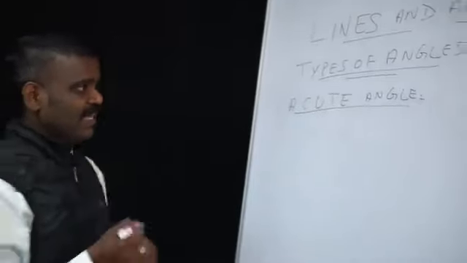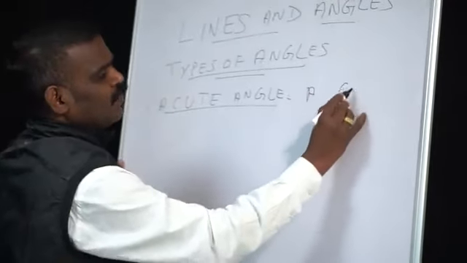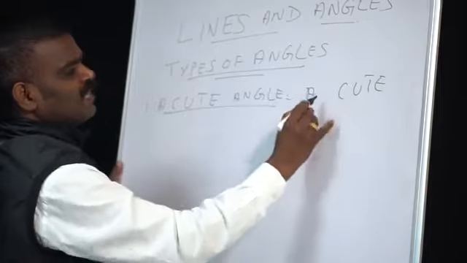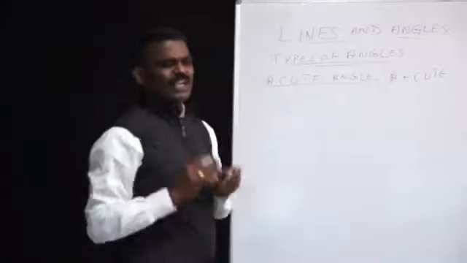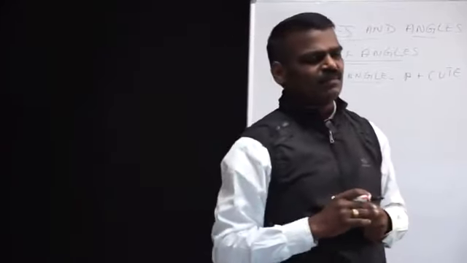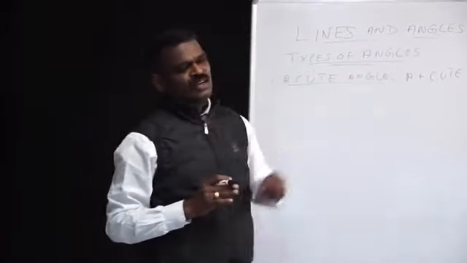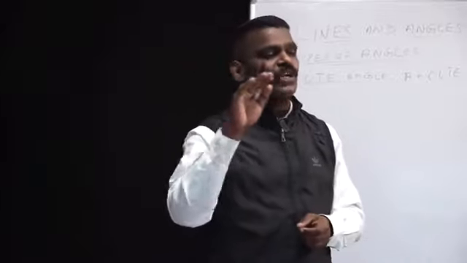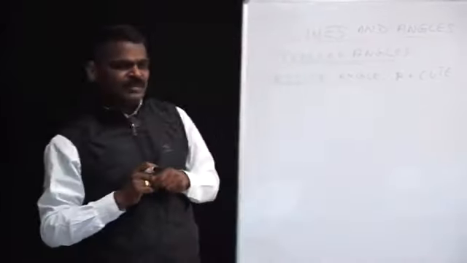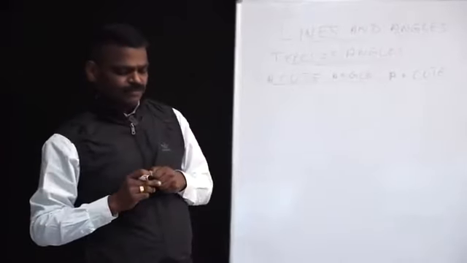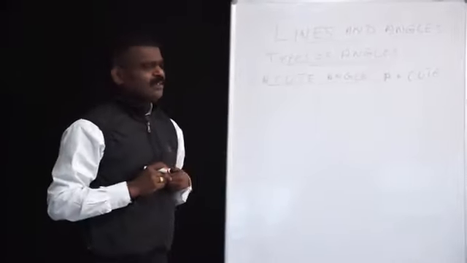So, among all the angles, acute angle: acute, cute, plus cute, acute, a small angle. There are so many angles, and this is the smallest angle. That is why we call it acute angle. Is it clear? I think you can remember, right? Anything small, acute. Acute angle,